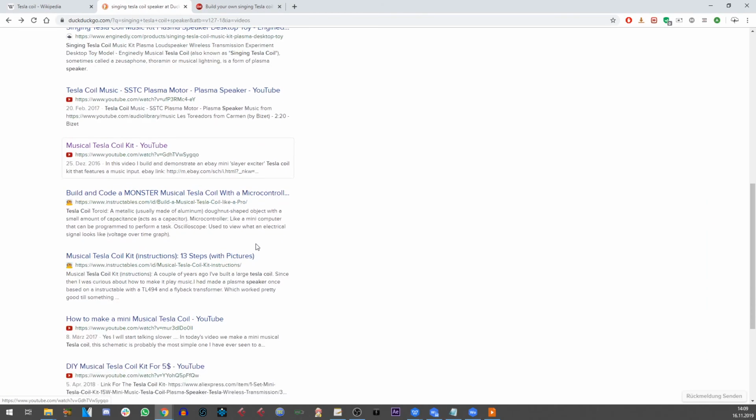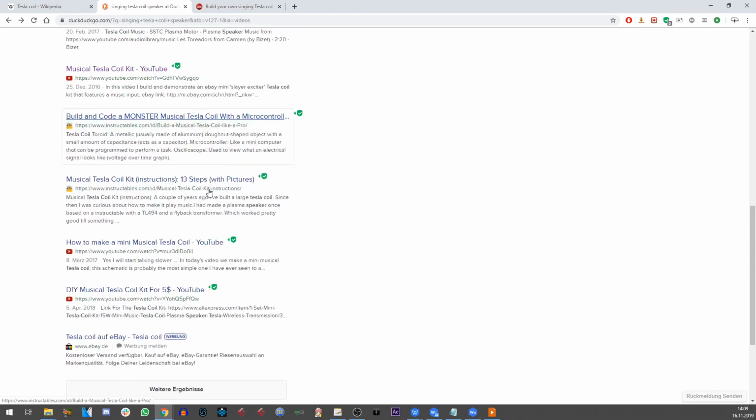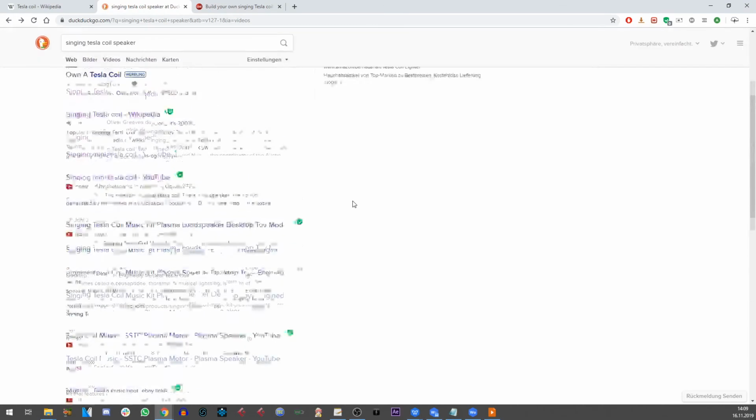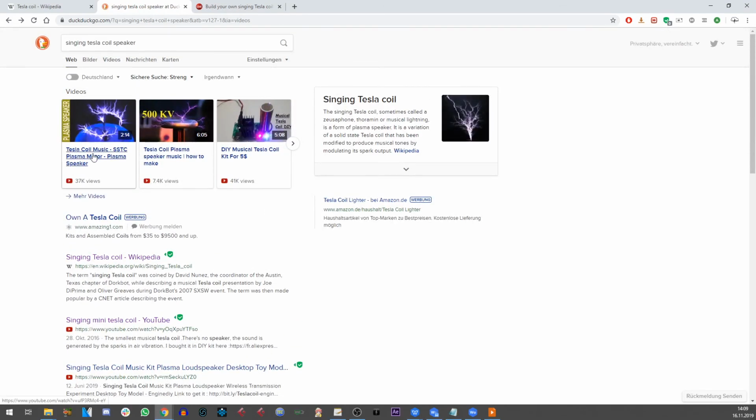I can't find sources on it not needing a loudspeaker to actually produce the sound that we hear there. But it says here that it is a speaker by itself. Okay.